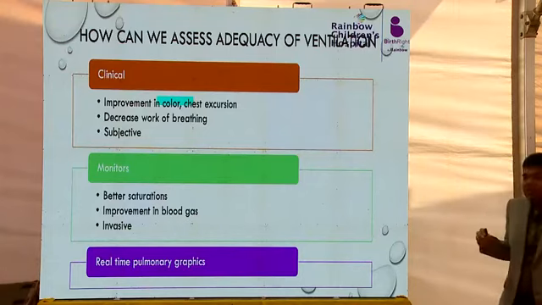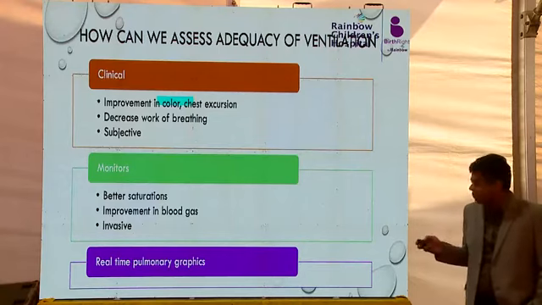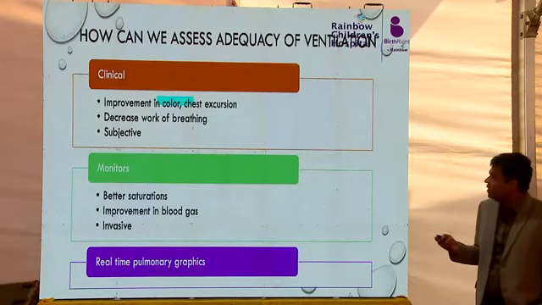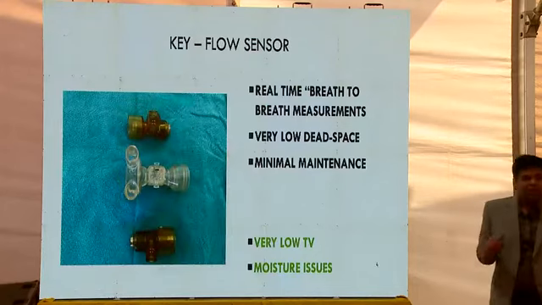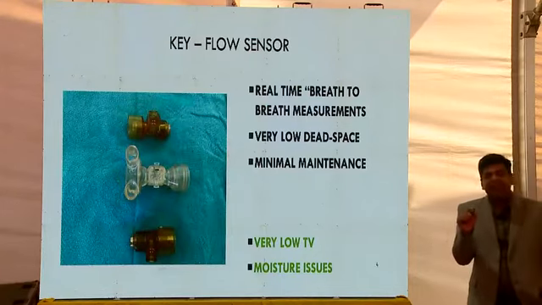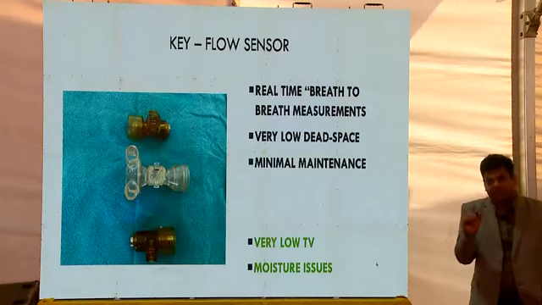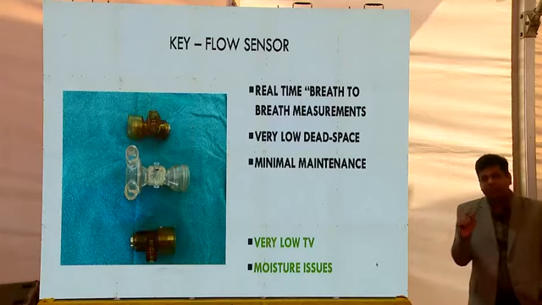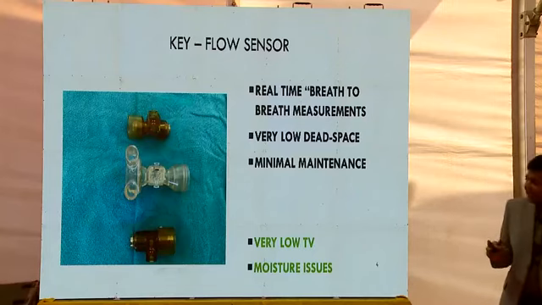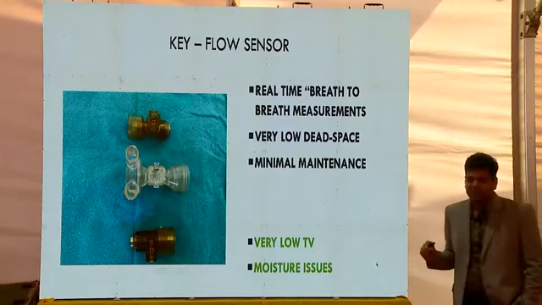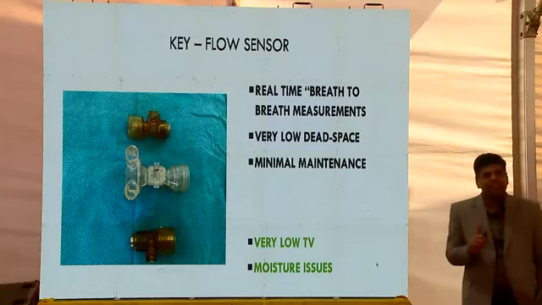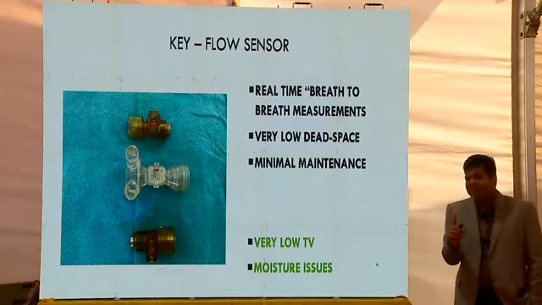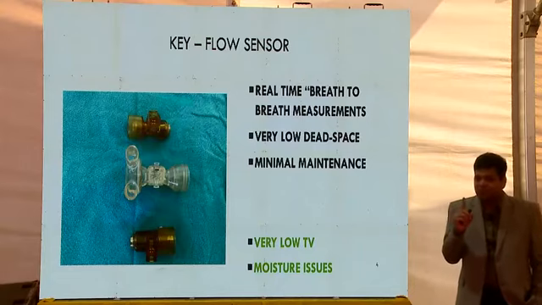So for learning about real time pulmonary graphics, in the last presentation also you have seen the waveform. But what is there in the ventilator circuit which will tell you, or which is the most essential thing, so that the graphics come to your screen? That is the flow sensor. Okay. So first and foremost message is that when you are ventilating a child, your flow sensor should be properly